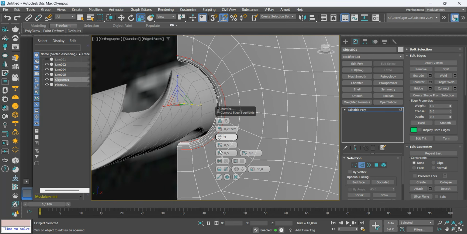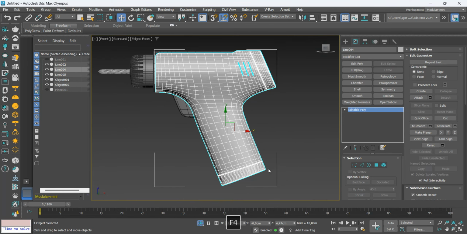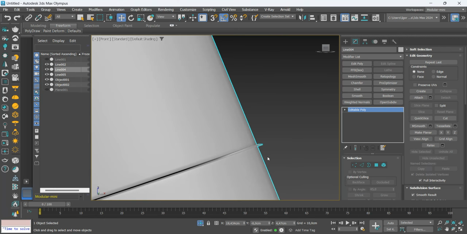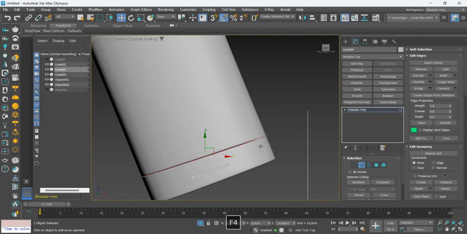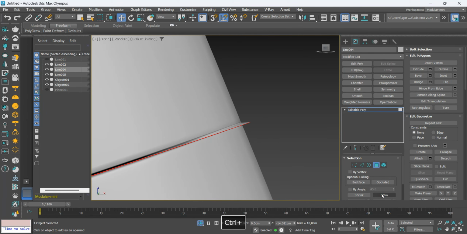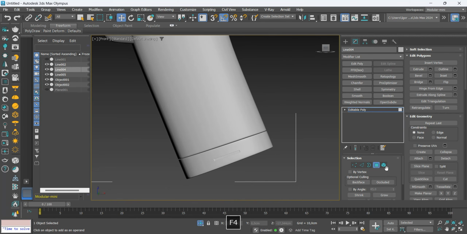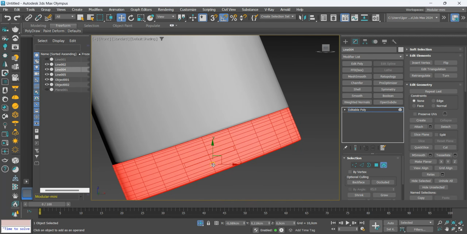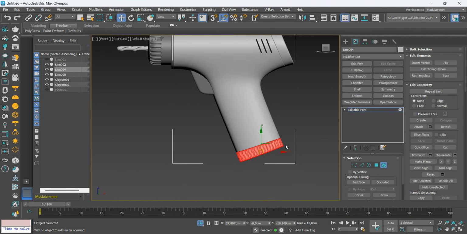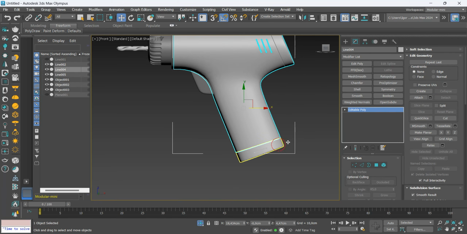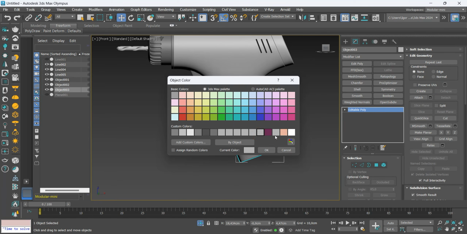Here the model is almost finished. Let's correct the error in the base of the model. I'm going to fix this by just selecting all this part that was wrong. Let's erase it and bring the base part up. Finally, I just add the colors to the highlighted parts and the model is